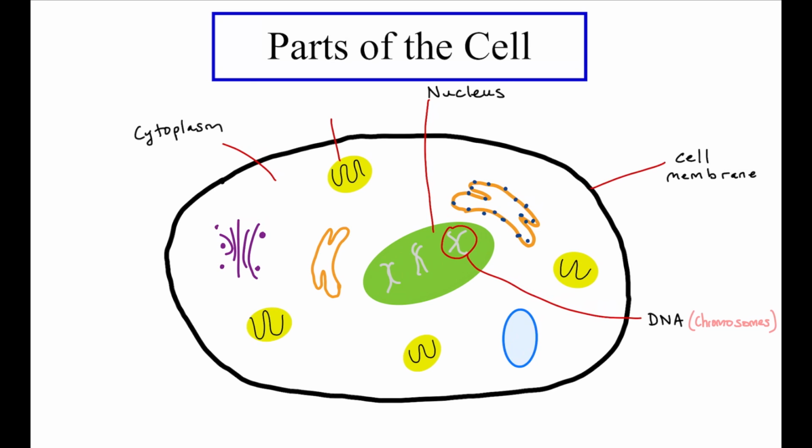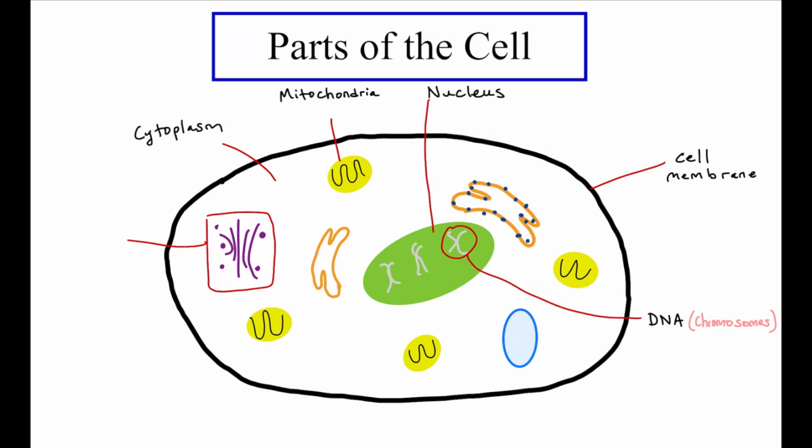And now we're going to look at one of these yellow circles that we see, and this is called mitochondria, which is commonly known as the powerhouse of the cell. It gives the cell energy so that we can do things like run, jump, and play. We also see that there's a lot of these yellow dots around the cell, and that's because our bodies require a lot of energy to live.